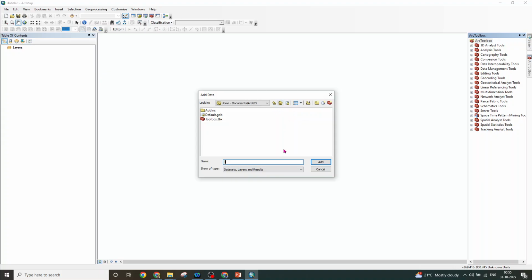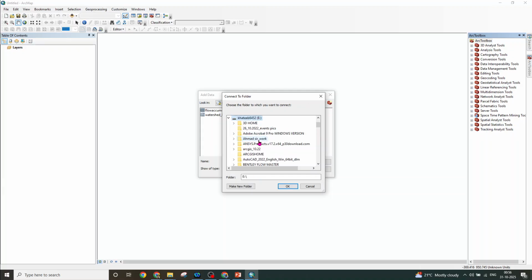So I will just see in which folder I have kept my DEM file. I will go to that DEM file and add it, whatever we have seen. Right. So I have my data,